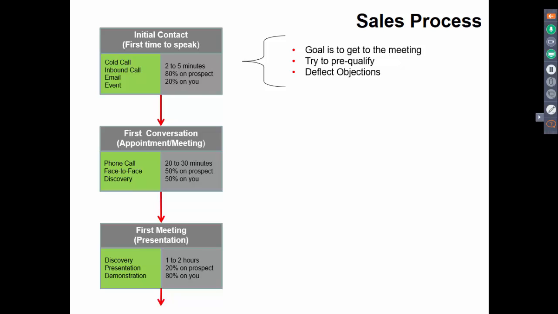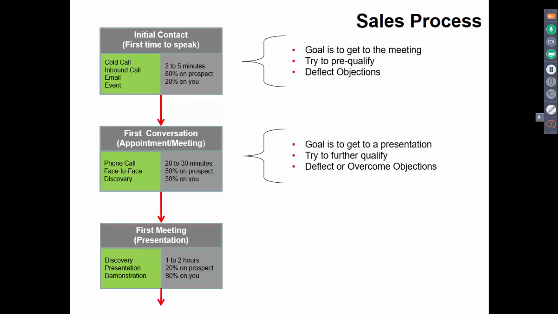And there's a lot of reasons why in this first step you don't try to overcome. It takes time. It's difficult to change someone's mind. You just don't even have to try to overcome the objection. But I will say, when you get to that meeting and that appointment, maybe you do want to try to overcome an objection. So I'm not necessarily saying to never try to overcome objections.